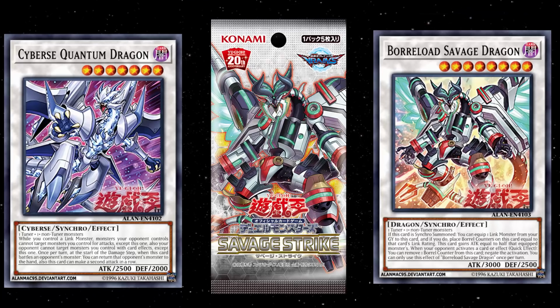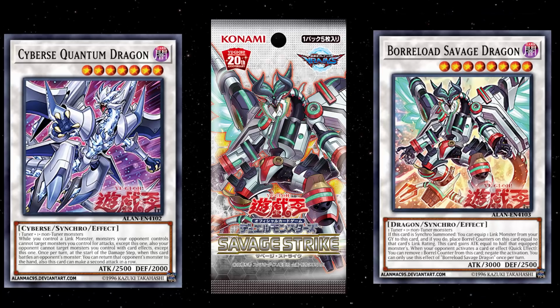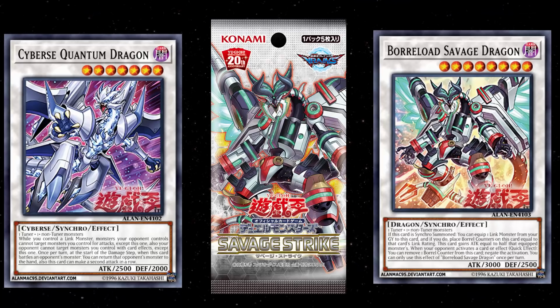Savage Strike. Yes, you heard me correctly. I did say a Synchro boss monster. If you don't know by now, maybe you missed yesterday's video on Savage Borlo Dragon. Looks like Yu-Gi-Oh! Reigns is temporarily focusing on Synchro summoning, which is really cool. Revolver is going to be busting out some Synchros, and this really does look like it is going to be